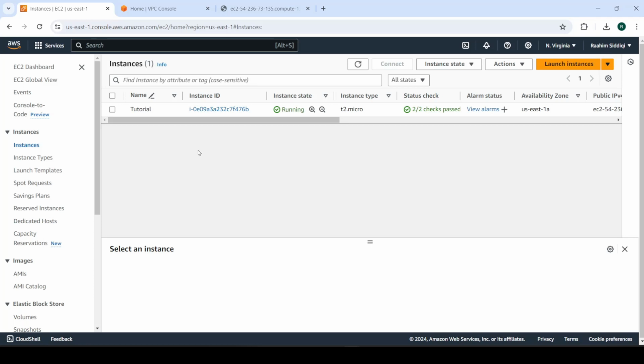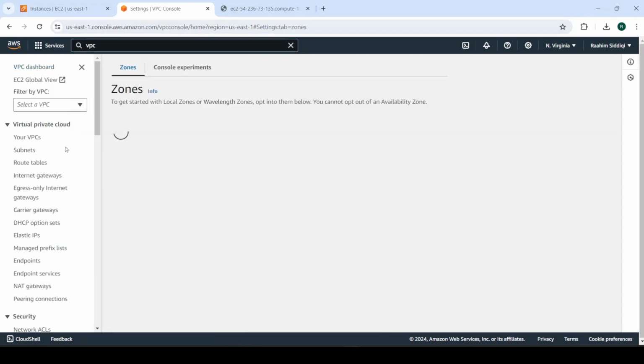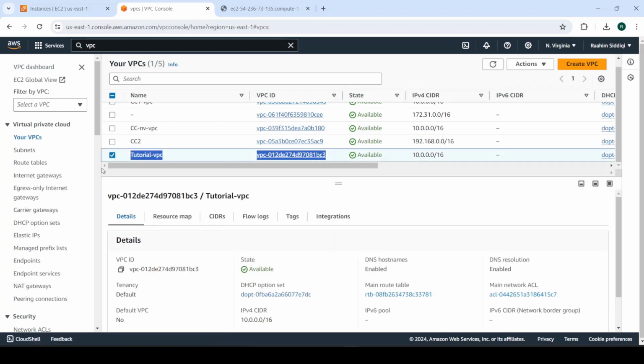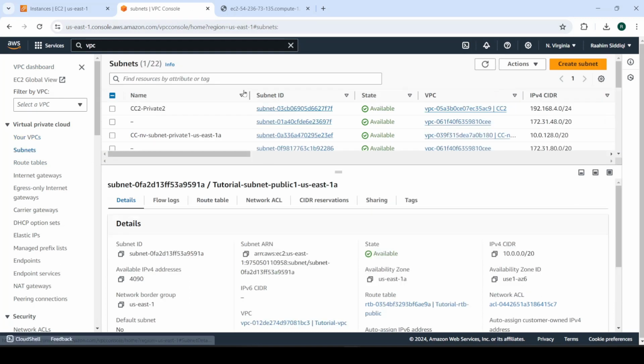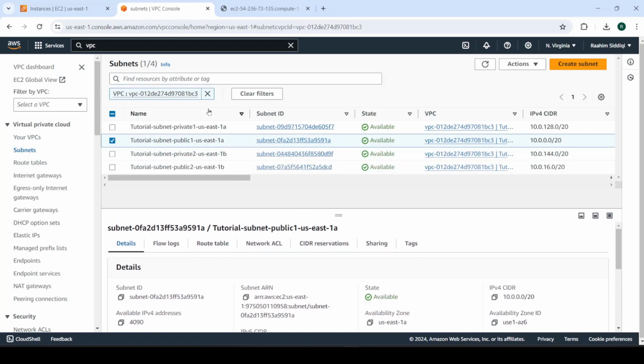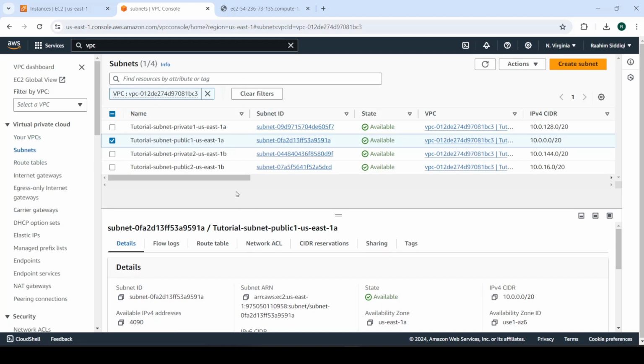Okay, and how do we know if a subnet is public or not? Let's discuss that briefly. So just search up VPC, and then come over to the VPC dashboard over here. And this is the VPC that I've created, tutorial VPC. So I'm just going to go to subnets, copy the VPC ID, and paste it in here to filter out the subnets which are associated with this VPC. So I have 4 of them that were created by default. I used the VPC wizard to create this, and what I did is use this public subnet to host my